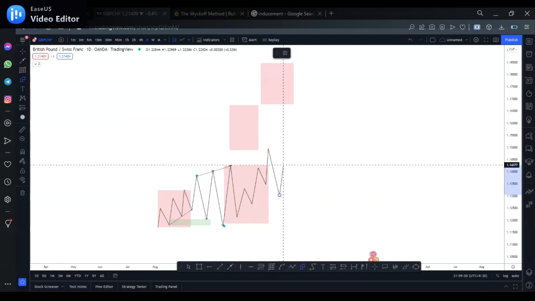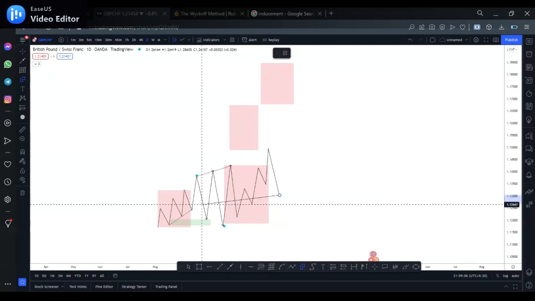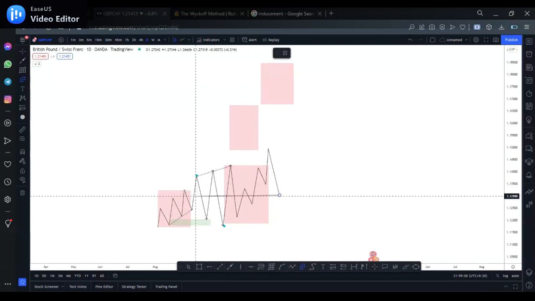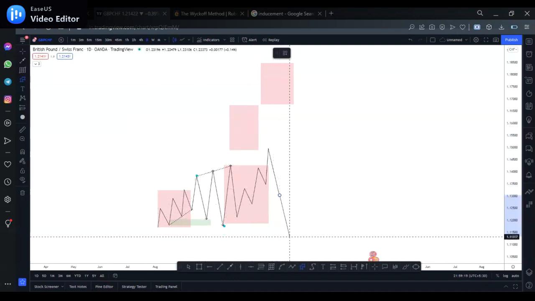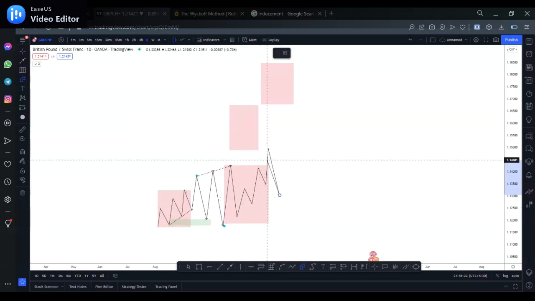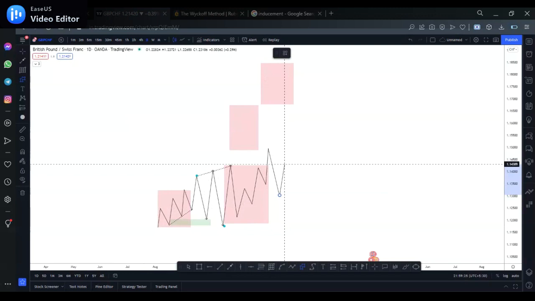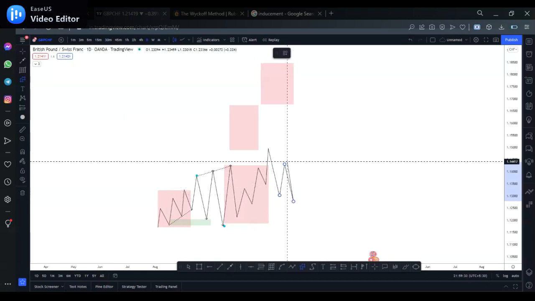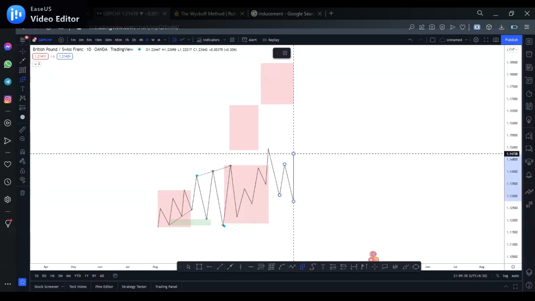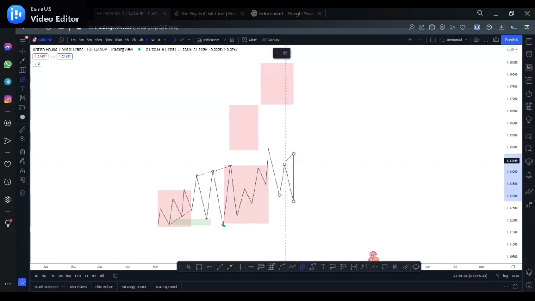But now, to avoid getting into a trap, you should understand that an inducement is always important in a trade. So do not get into a trade just because you see liquidity right there, because all this is a process of liquidity. They could decide to do this and liquidate everybody, or decide to do this and liquidate everybody. So what we do is follow the inducement that is being created below every liquidity. Because we saw this inducement, which they did over here, it is the only reason why we're going to take a sell from here. So the inducement should be the only reason why you're taking a trade.